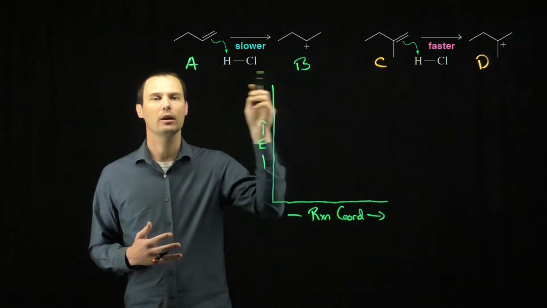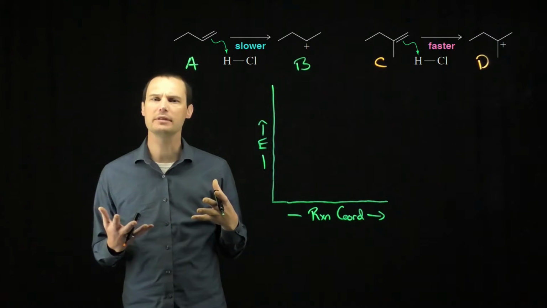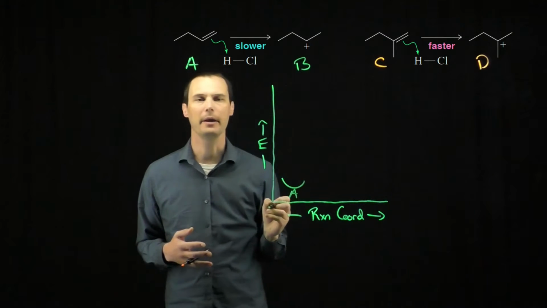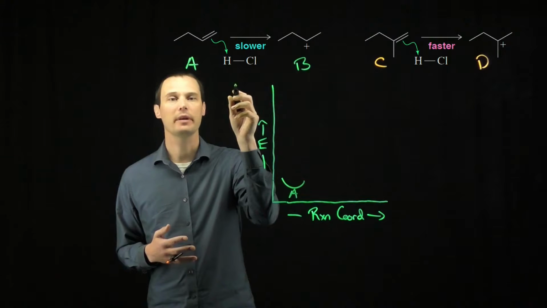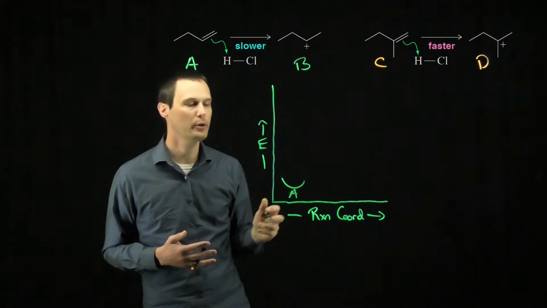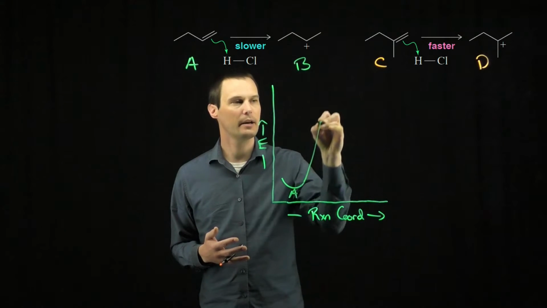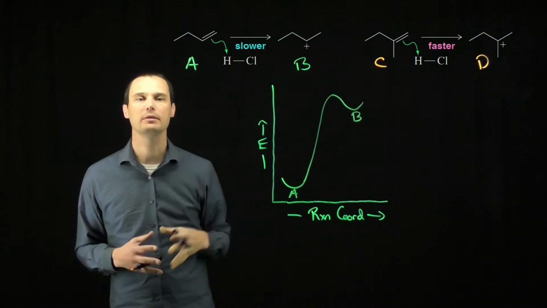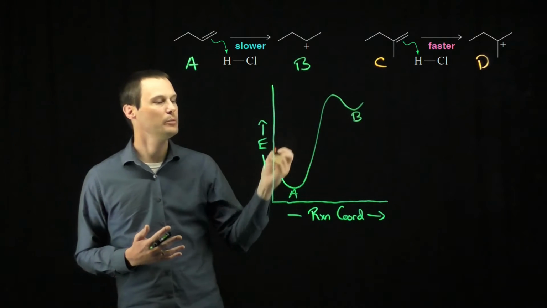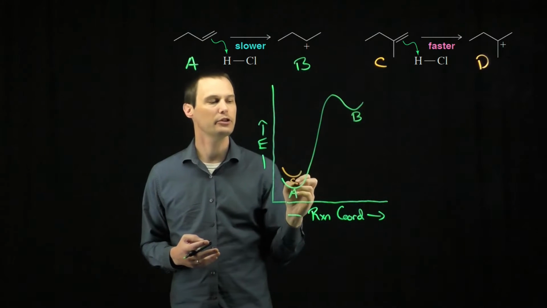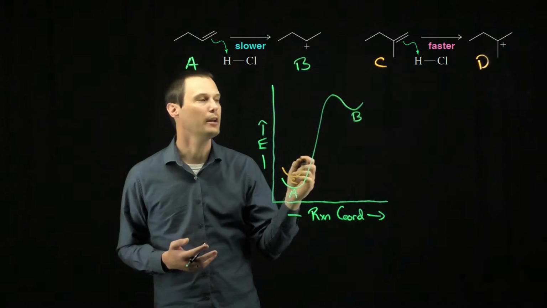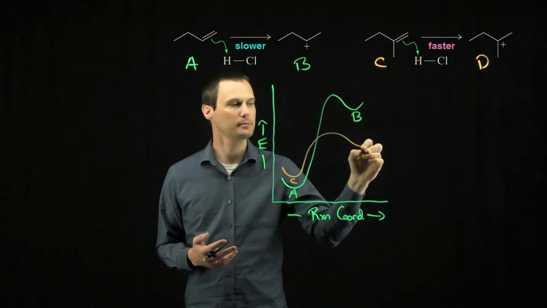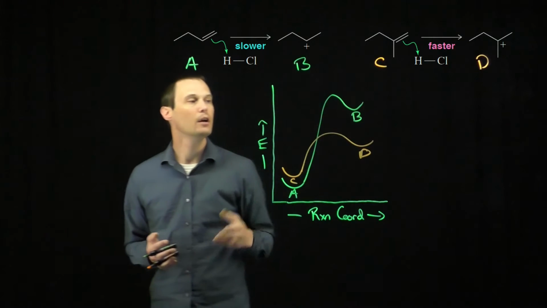Starting material A and C are essentially the same energy. So we'll start with starting material A. The alkene reacts with HCl to form a secondary carbocation. A secondary carbocation is less stable than an alkene, so this step will be an uphill step. Starting material C will start at a similar energy and is forming a tertiary carbocation. A tertiary carbocation is more stable than a secondary carbocation, so the reaction to form D will form a more